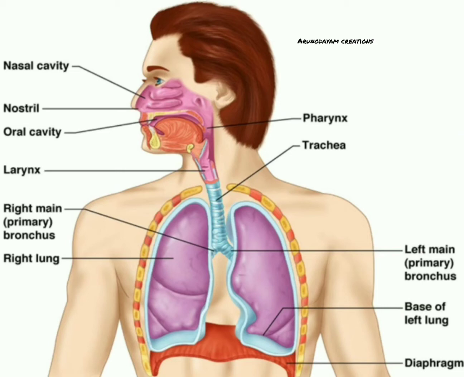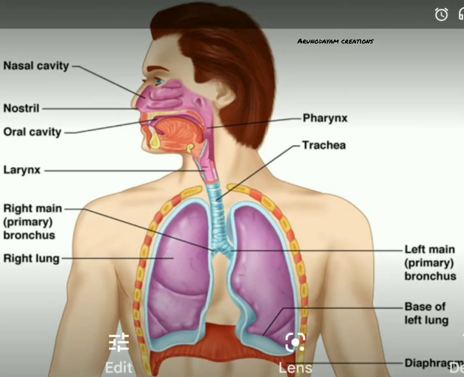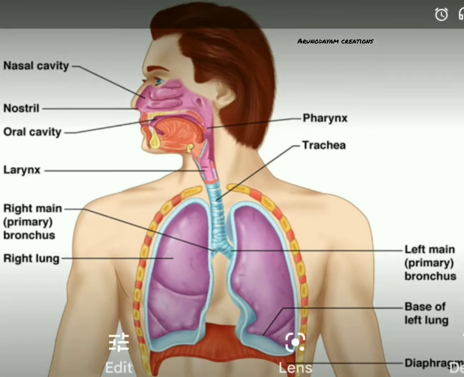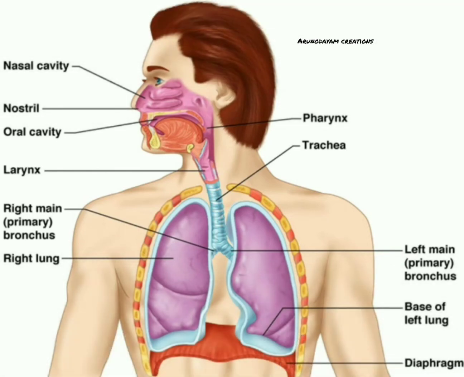So all this process takes place in the nasal cavity and continues in the pharynx also. Pharynx is a common chamber for both air and food. After the air enters into the pharynx, this muscular flap-like structure called the epiglottis opens and allows the air to pass into the trachea. Before entering into the trachea, first the air enters into this sound box called the